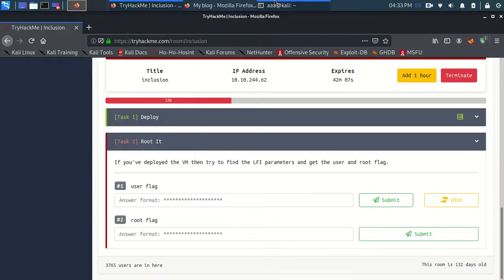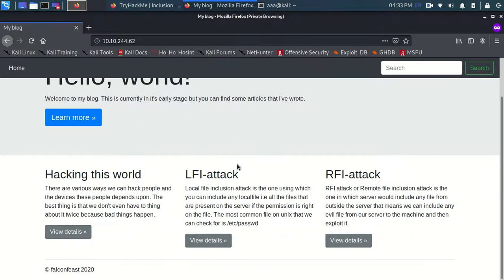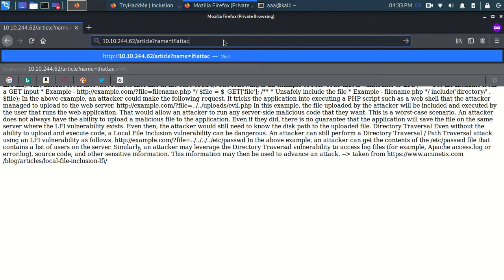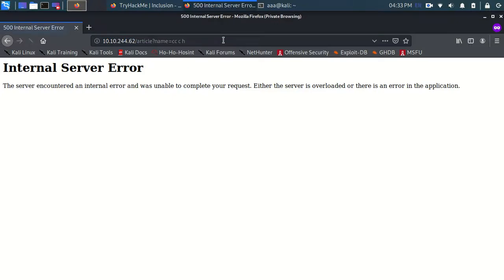So let's first run nmap. We are doing an nmap scan. So for local file inclusion, let's get started. Let's click on this. This is the local file inclusion, and here we need to do something to get the value of the EC3 password file so that we can log in and get their password. Whenever I'm typing something, it checks whether that file exists, and if it does, it brings me the data of this file.